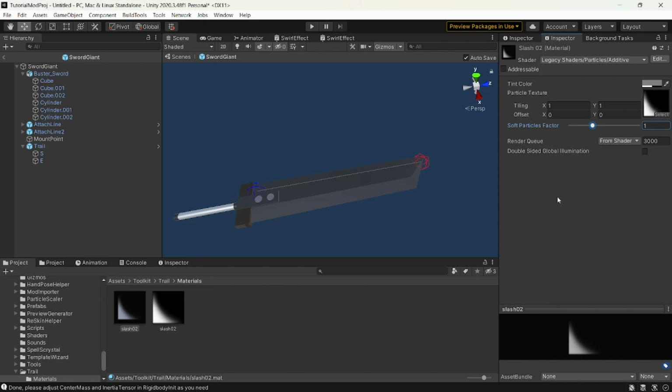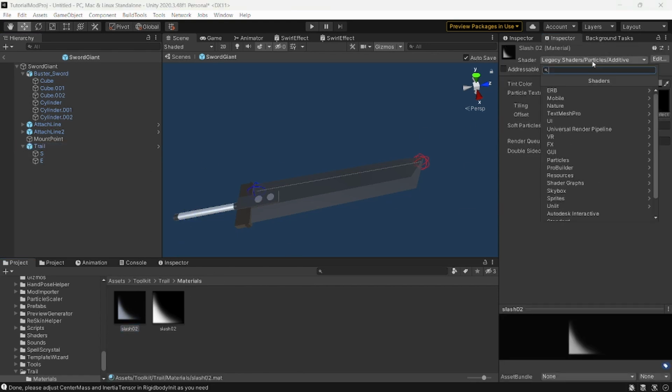Like, let's say you're making something with a windy slash. If you have a texture that'll work well for a slash like that, you can go ahead and add that in here. And you don't have to use specifically this particle. There's stuff like